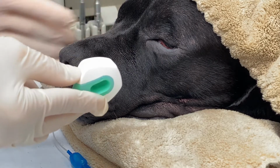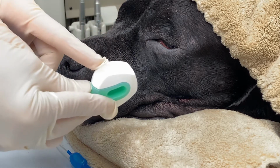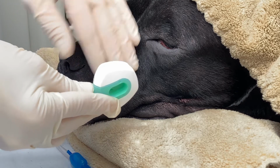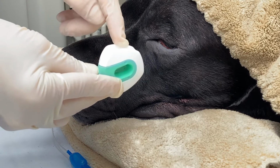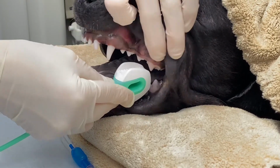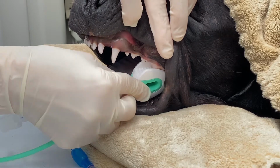So when we want to acquire images on the patient's right side, we're going to position the sensor guard on the left side of the patient's mouth. And we're going to wedge this guard in between the upper fourth premolar on the maxilla and the molar 1 on the mandible. So we're going to open the patient's mouth and put the tips of those